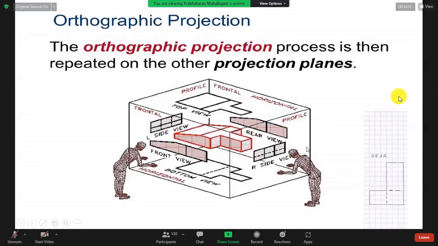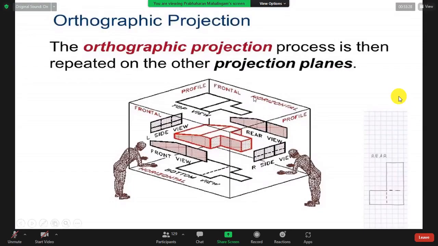That is why, for your house or faculty, you want to draw three different projection plane views: one called the top view, another the front view, and another the side view or end view.